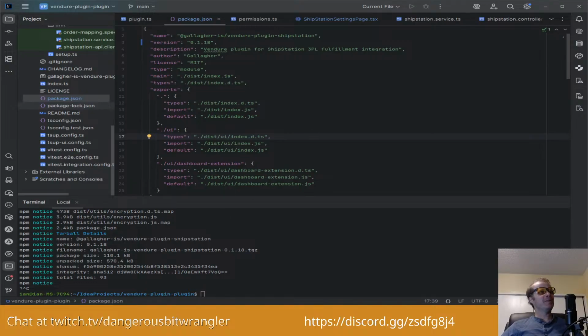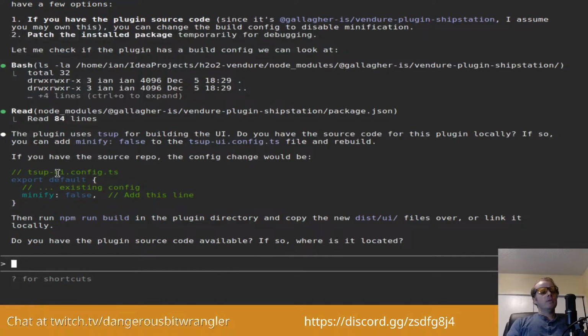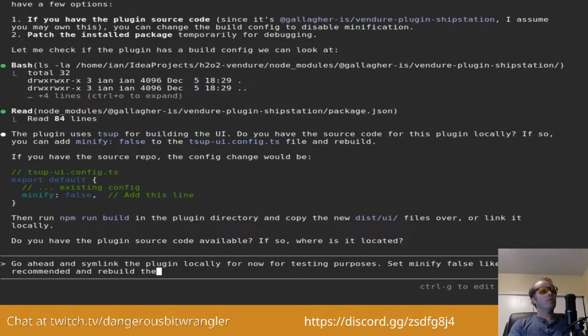Okay, what was I doing? Back to work here, before I got sidetracked. Oh, you know what, guys? I cannot do that. I cannot update my package. Alright, so let's just go revert that change. Let's go back here. Let's go to our terminal and go ahead and symlink the plugin locally for now for testing purposes. Remove minify false like you recommended, and rebuild the dashboard